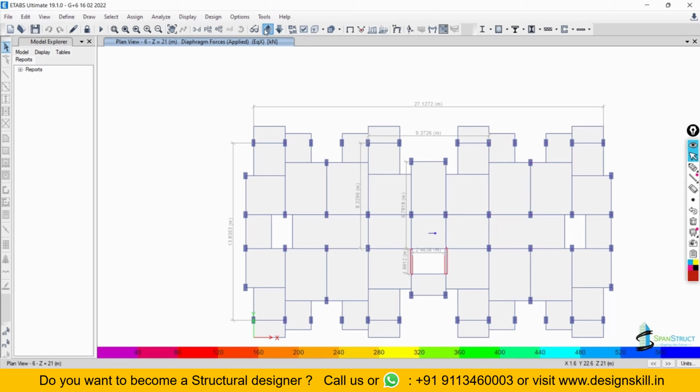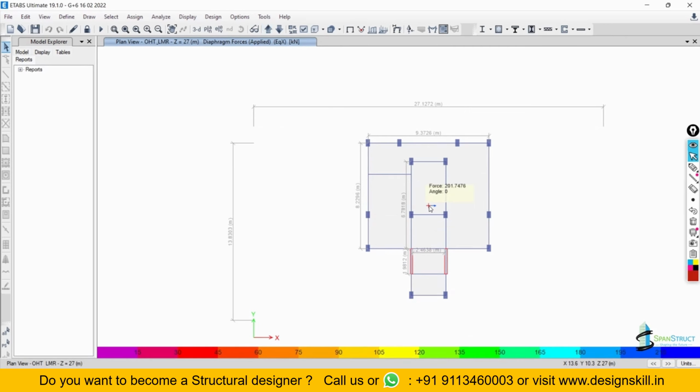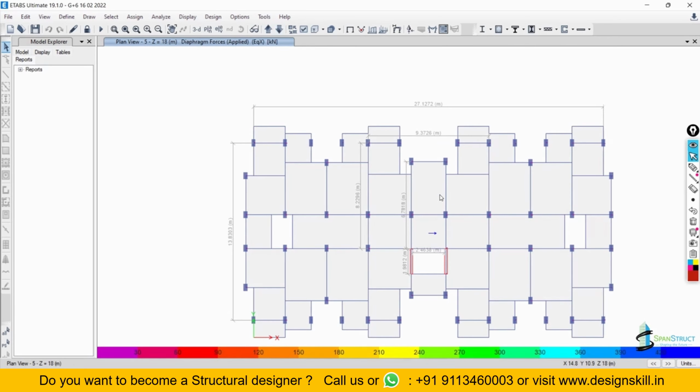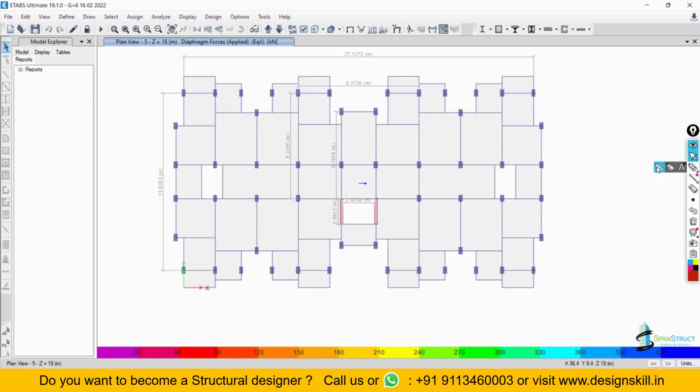When you go up, these forces will keep on decreasing. Now it will come to 477 and this will come to 201. So what is happening now? The software is creating one center of mass here, and only at the center of mass are these forces applied. So when you define a rigid diaphragm,